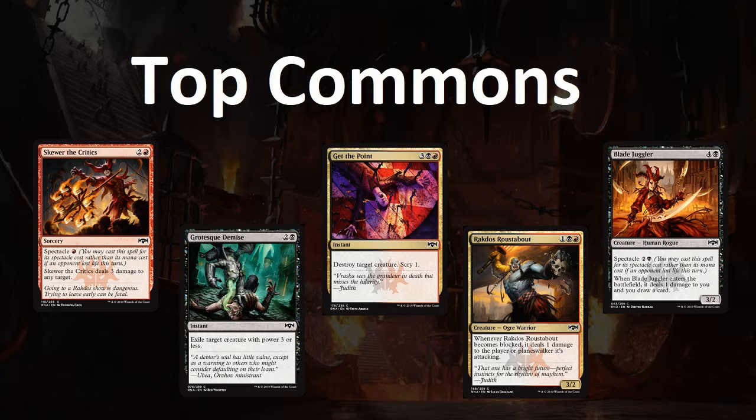It's also really nice because it's not uncastable if you don't enable Spectacle. It's still just 3 mana, deal 3 damage to any target. You can use that to burn the opponent out. You can use it to kill their creature so that you can attack in unopposed with your creatures. So I think Skewer the Critics is going to be awesome in this set, especially in Rakdos, and I think